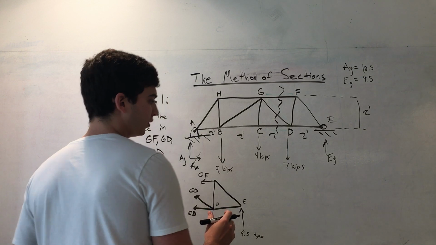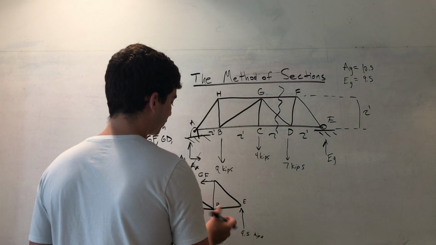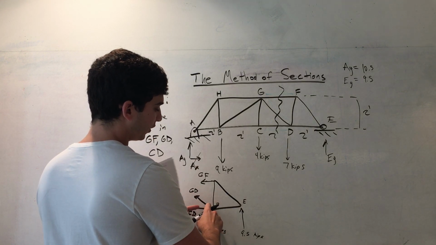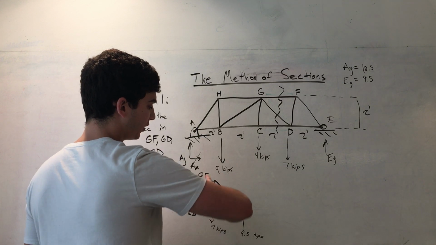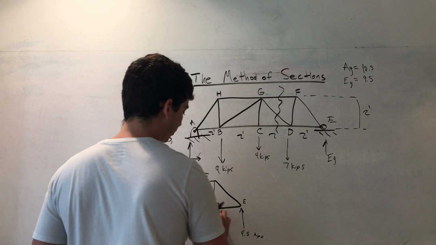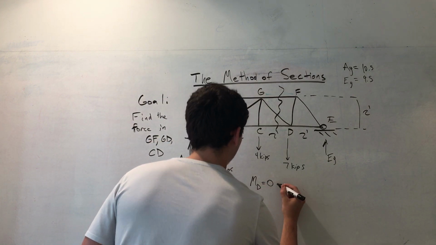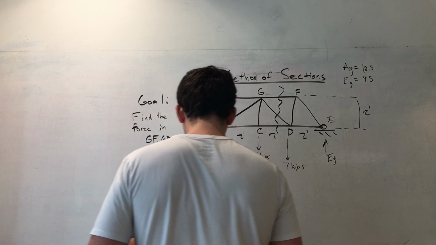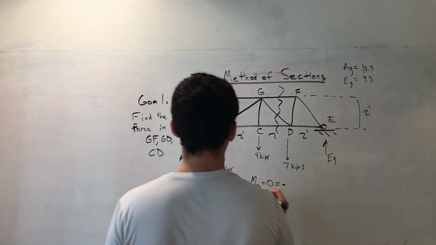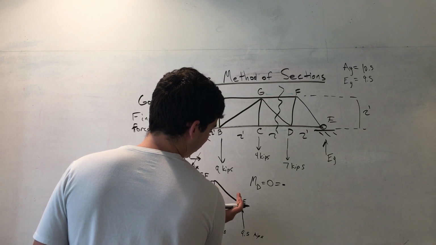The first thing I want to do is take the moment at the point where I can take out the most forces. What I'm saying by that is if I take the moment about D, these forces can affect the moment, so I can only look at GF and E. And we already know E, so we're going to look for GF, which is our unknown. So the moment about D is equal to 0, which is equal to, we have the 9.5 going counterclockwise,